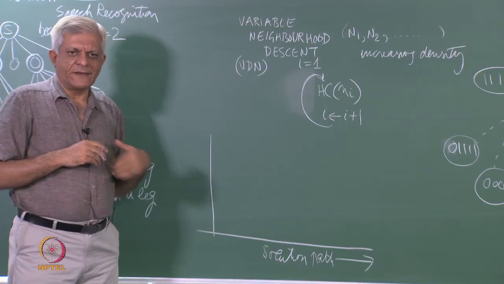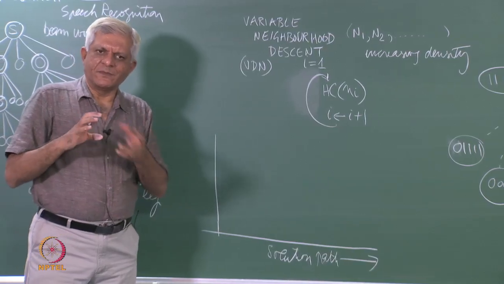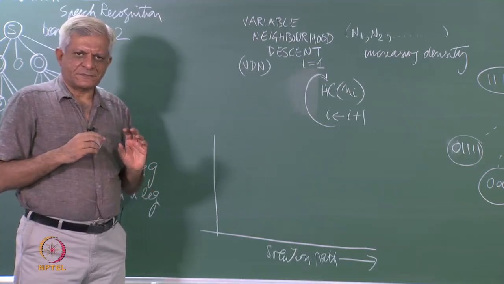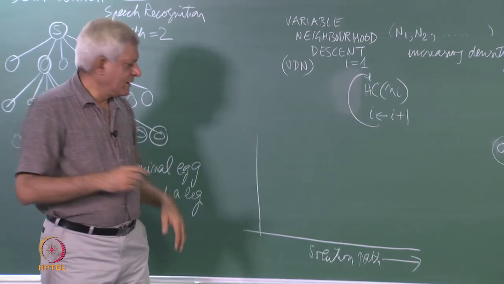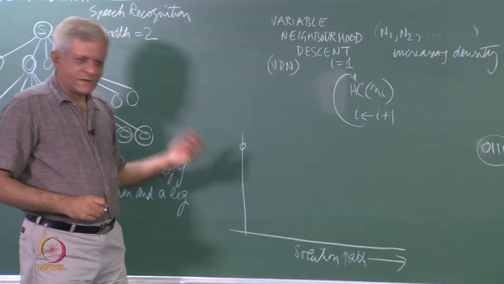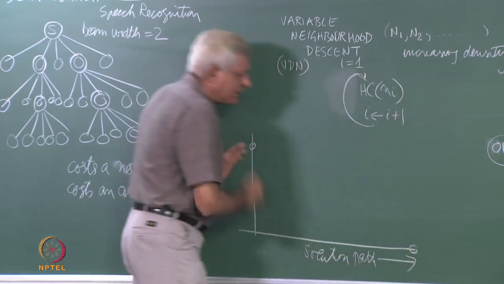How will the terrain look like given some heuristic function like the number of tiles in place, or the number of tiles out of place? Let us say initially it will be some value, finally of course it should be 0, but how is the journey